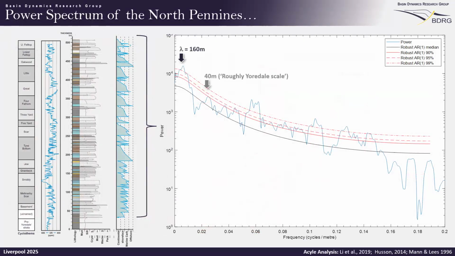Here's the result for the North Pennines. The Carboniferous succession. Same sort of graph, frequency along the bottom, power up the side. We're looking at the whole succession in one go here. The red lines, I should explain, are a